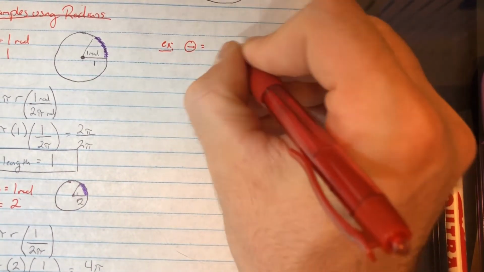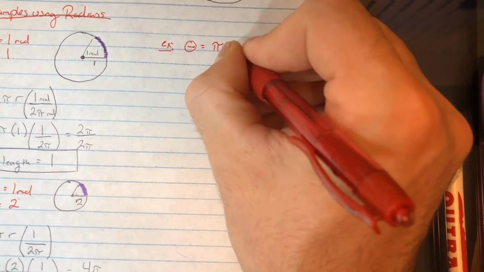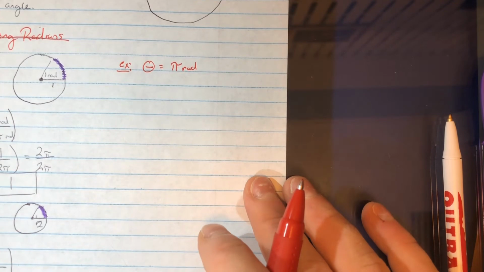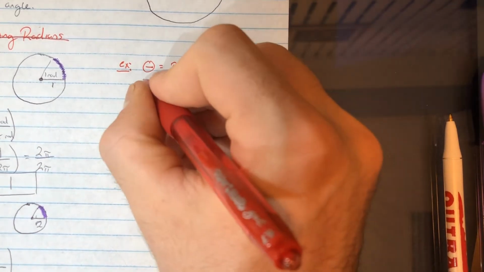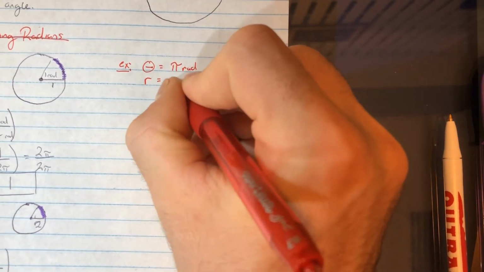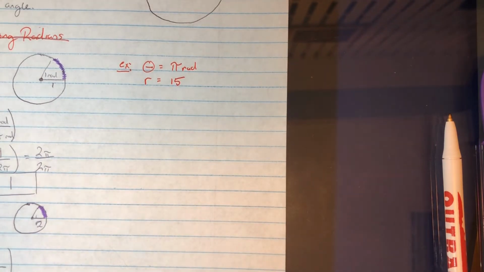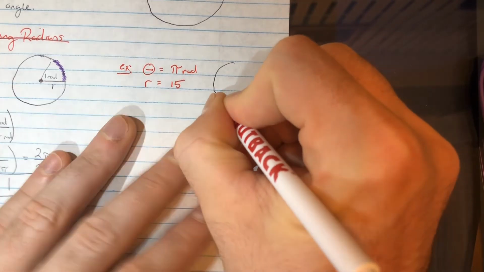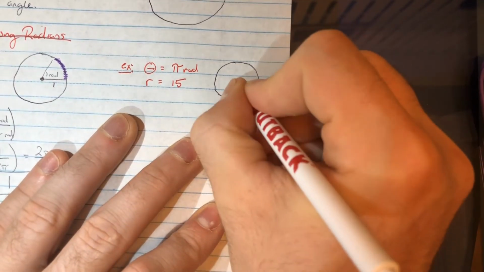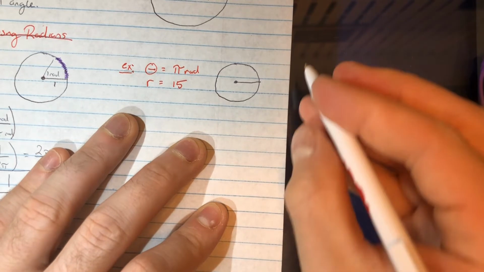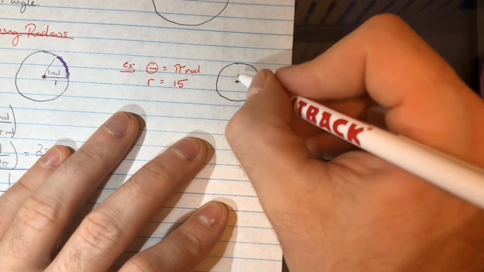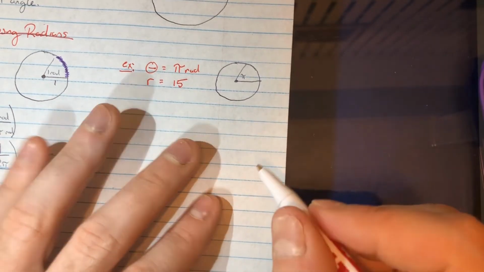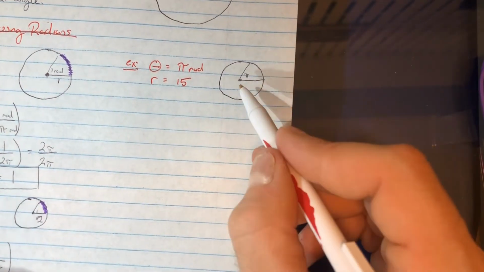Let's give it not a whole number, let's say pi radians. And so if I have pi radians, let's also give myself a radius which is slightly bigger. Let's say 15. And so what we're going to notice is that given our circle, I know that I'm wanting to find some angle pi. And now you might realize that this isn't necessarily drawn to scale